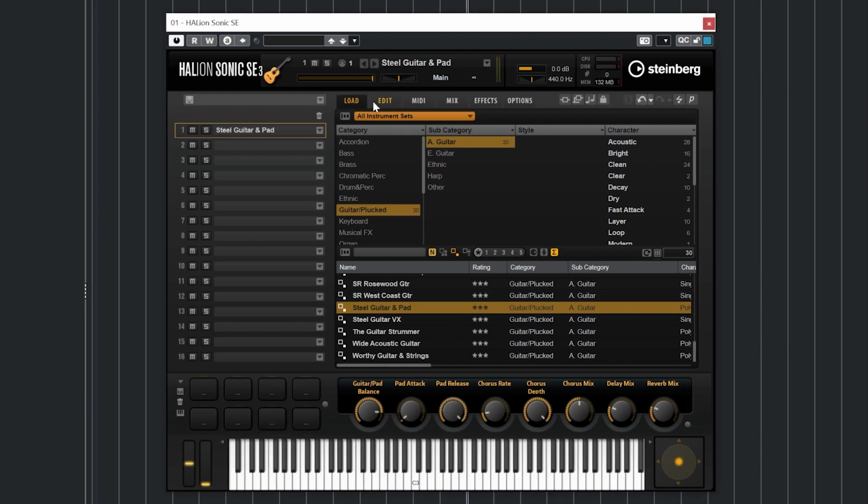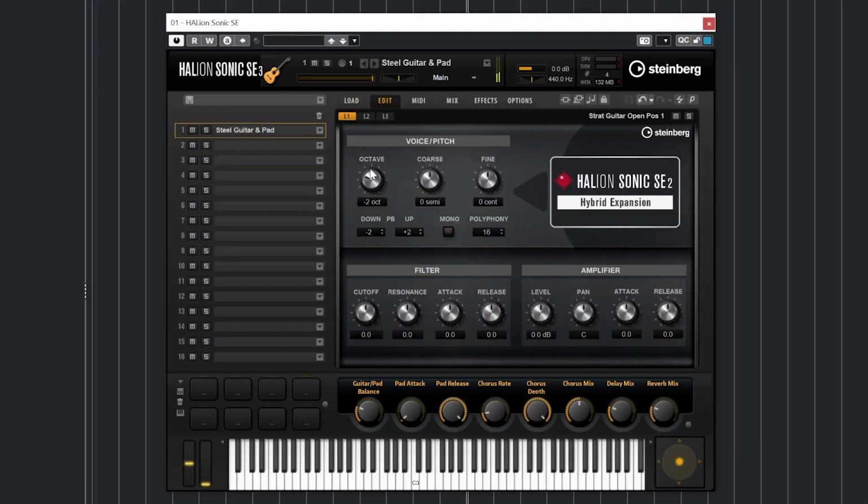Moving on to the Edit tab, this gives us a few more controls. At the top we have octave, coarse, and fine pitch controls, and a mono and polyphony mode. The octave will just adjust the notes that the synth plays by 1 octave up or down, and the coarse knob adjusts the notes by 1 or more semitones. The fine knob adjusts the pitch between notes. Pitch bend controls how much the pitch bend control on the MIDI controller changes the pitch, and the default here